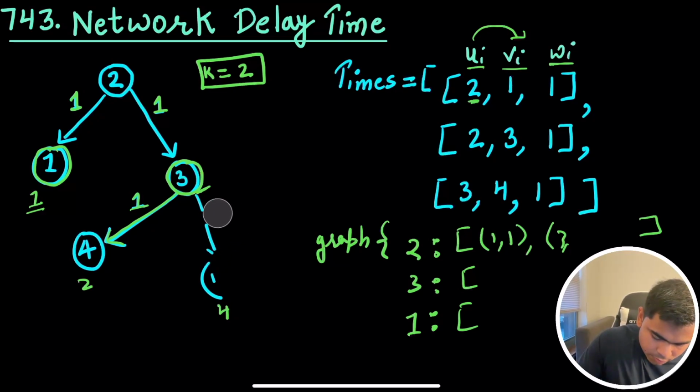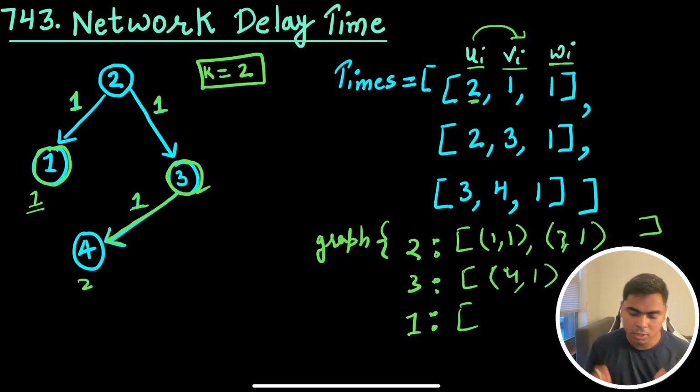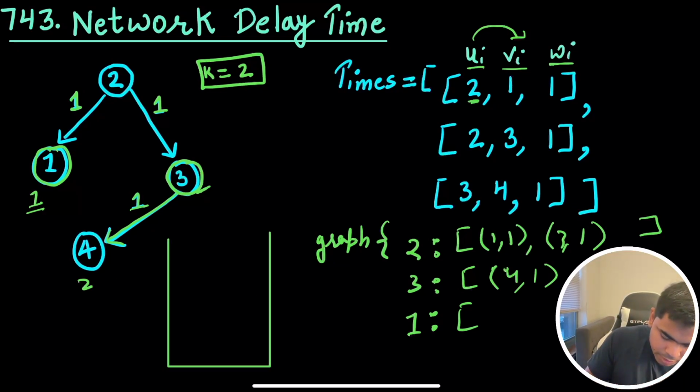I'm just going to remove this for now, because that was not part of the problem. 3 has the distance also 1. Then 3 has the neighbor 4, so it's going to be 4, and the distance to go from 3 to 4 is also 1. 4 doesn't have any neighbor. Then 1 does not have a neighbor, so this is going to be empty. So that will be my graph that I will use, and in the beginning I will have this min-heap,